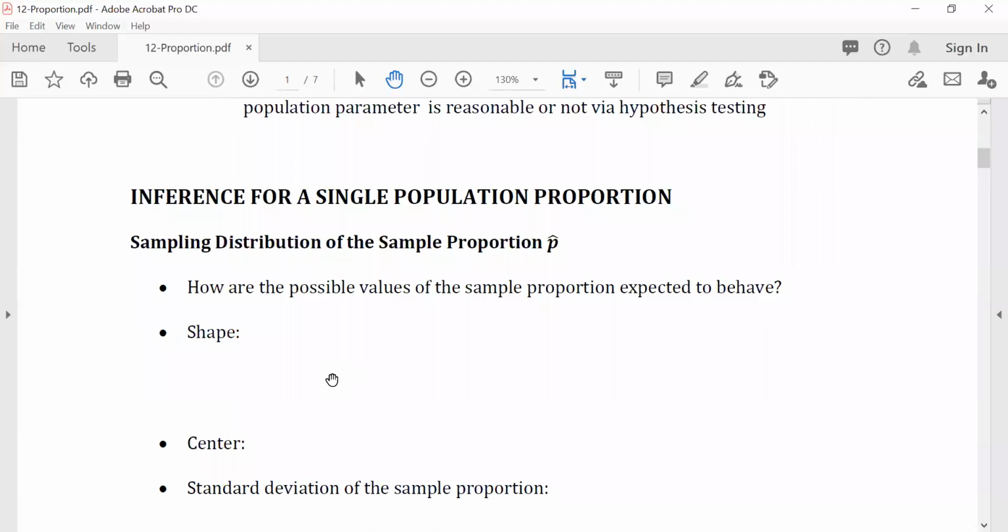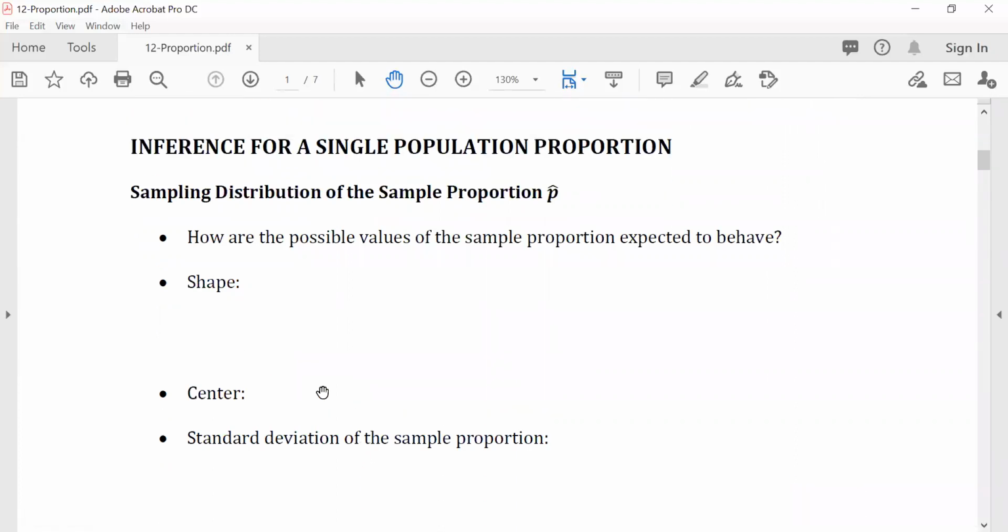Remember when we talked about distribution, we are interested in three things: the shape, the center, and the standard deviation. So let's talk about those three one by one. The shape of this distribution will be normal, or at least bell-shaped, if some conditions are met. So the conditions that we need to satisfy is